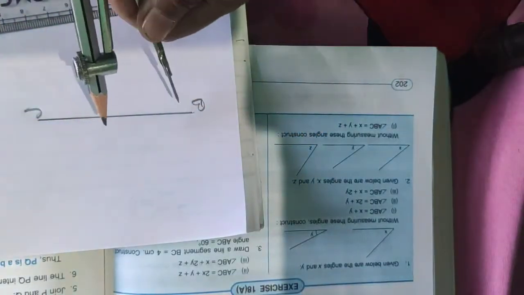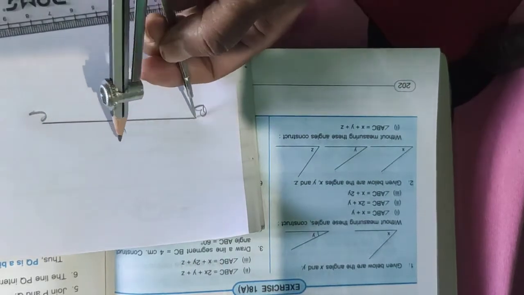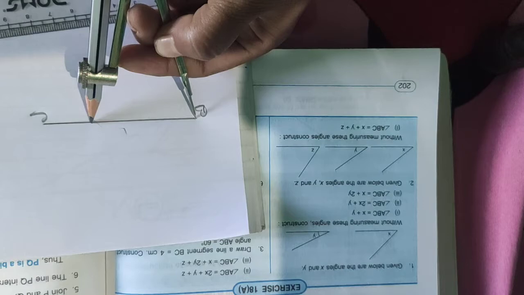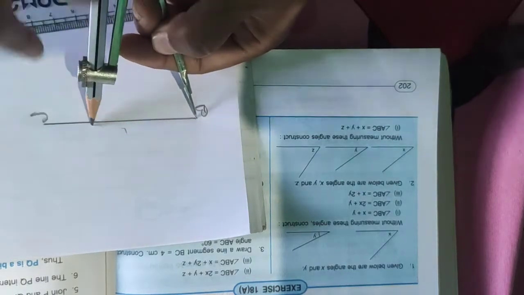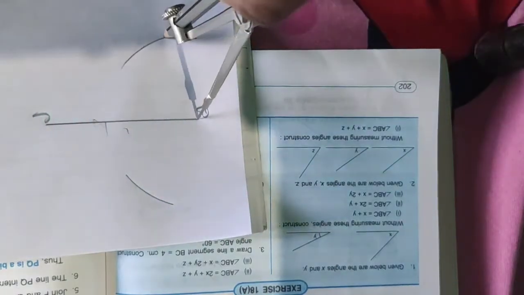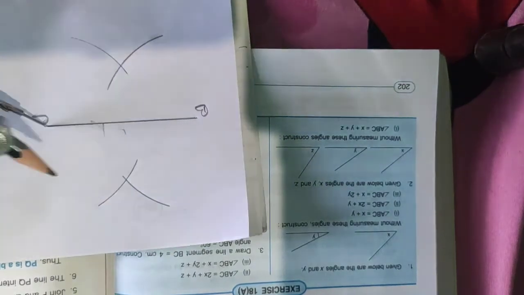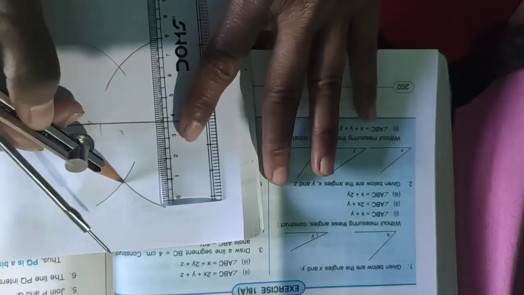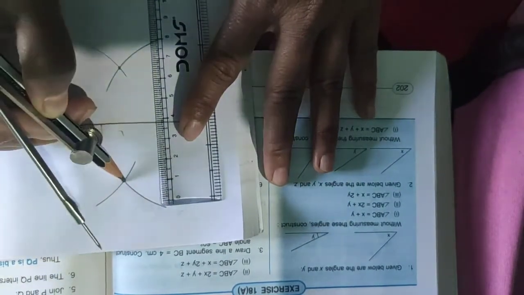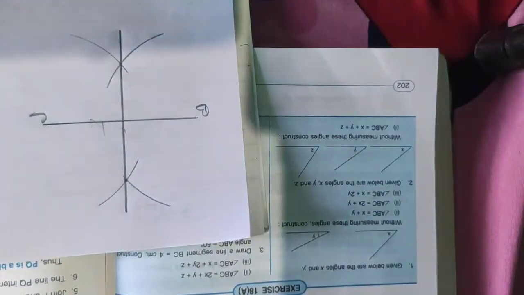Now what you have to do, put the compass here, take B as a center and take more than half, children. Half is the midpoint, more than half you take up to here. Okay, now draw an arc up and down. Now take C as a center, draw another arc here and here. Where these 2 arcs cut, put a point here, midpoint, and then join the line segment. This is the bisector of the line segment.